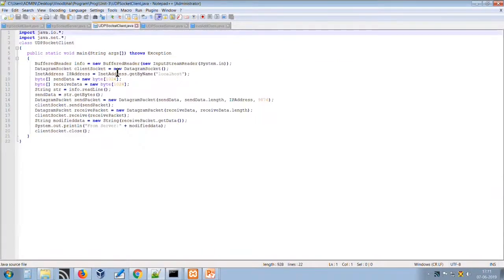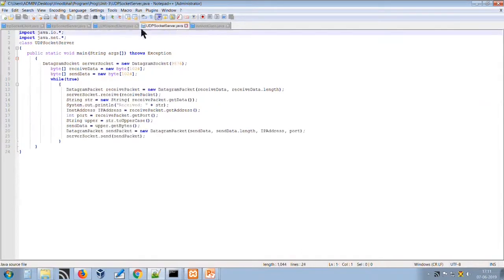In the same way, in a UDP environment, as I told you, when we are talking about the UDP protocol, we will use the DatagramSocket class and DatagramPacket. DatagramSocket is a class which allows us to establish a connection with the server, and DatagramPacket is simply a container of data, which will contain the data, and the socket will send it to the client and server. This is all about DatagramPacket.